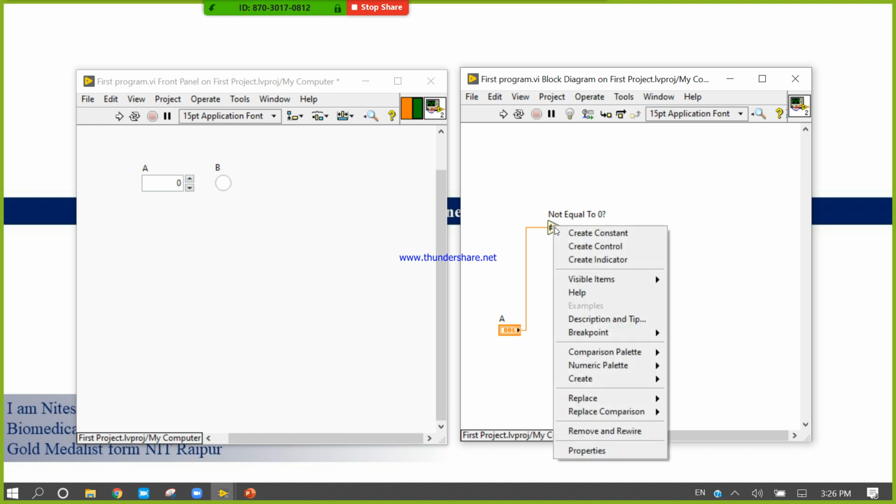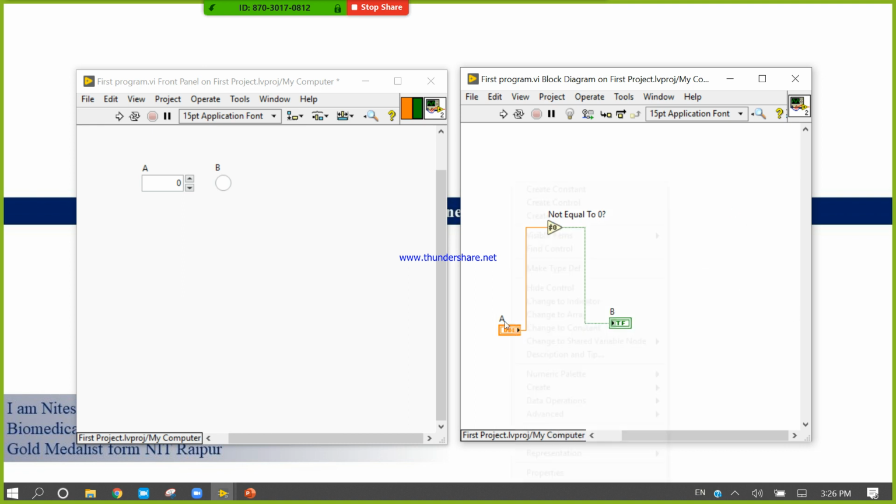If you click, you will find the label. But it is not true with the front panel object. These are the objects and these are the terminals of the objects.